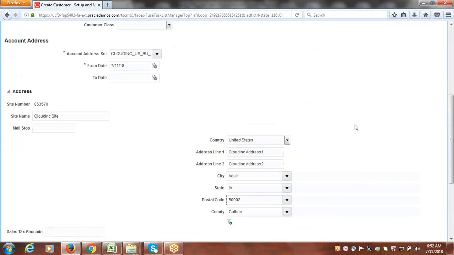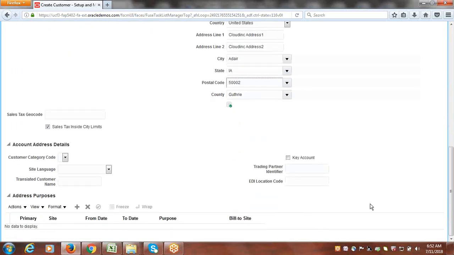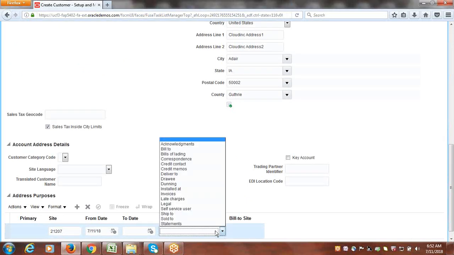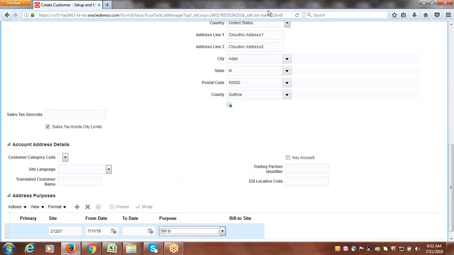So for which purpose are we going to use this address? We have to specify the address purpose. Just click on add. I'm selecting the purpose as bill to,